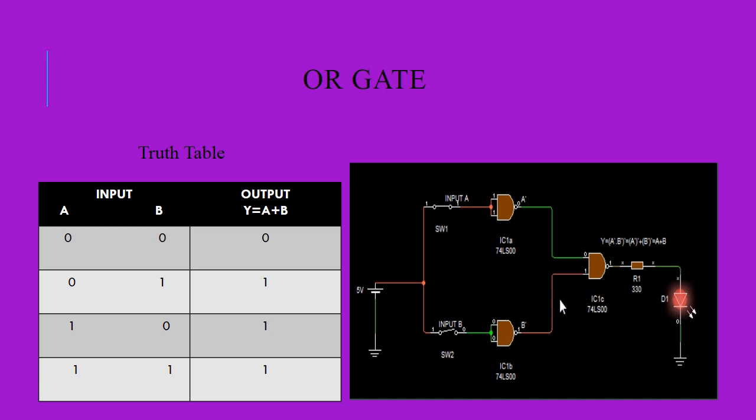Okay. Last condition, when both inputs are in logic high state. Input A is in one state, input B is also in one state, that means switch 1 is closed, switch 2 is also closed. So this is 1, this is 1, so here we get 0 output. This 0 is connected here, and from here we get 1 output. So the LED will be in glowing condition or on condition. Okay, so this is the circuit implementation of an OR gate by using NAND only. And also from this circuit we can easily verify the truth table of an OR gate.